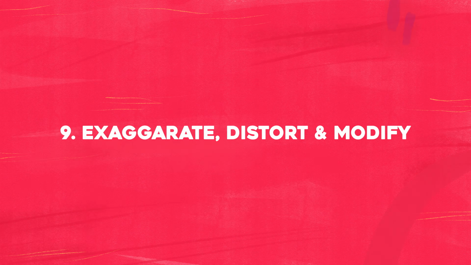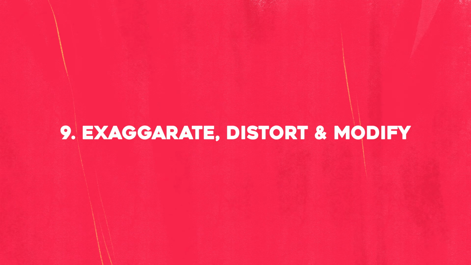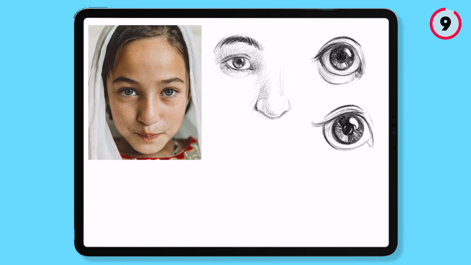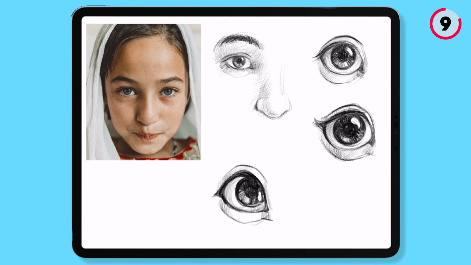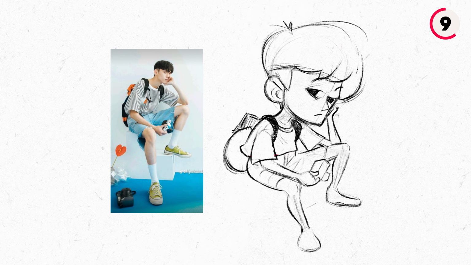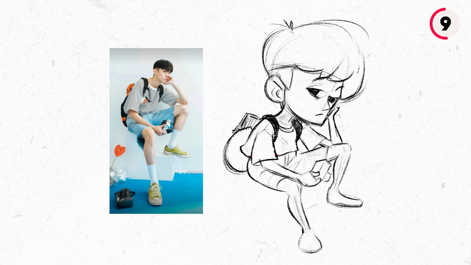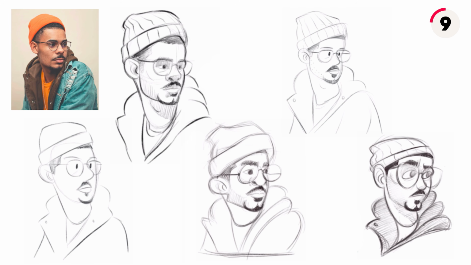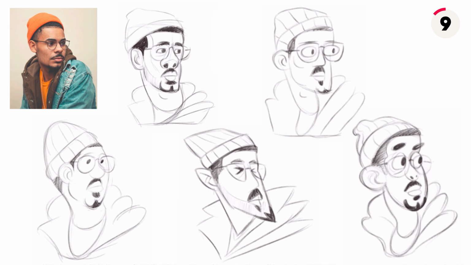And once you're done with that, you gotta exaggerate, modify, and distort. In your drawing, there are multiple elements, meaning shapes, forms, different sections, and you gotta treat each section like an element, and then you need to exaggerate it, modify it, and distort it so that you can get different variation shapes. If you use these 3 frameworks, exaggerate, modify, and distort, in different sections of your drawing, you can get a different result for the